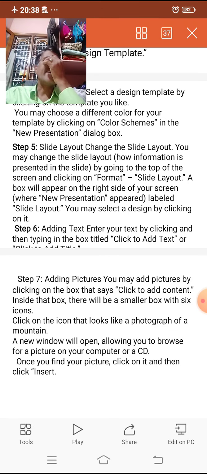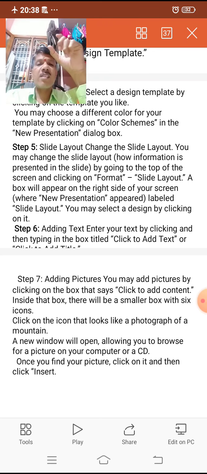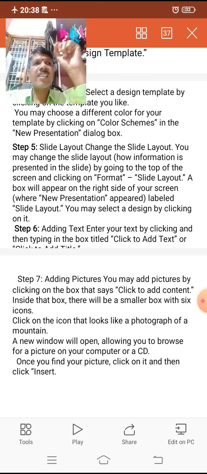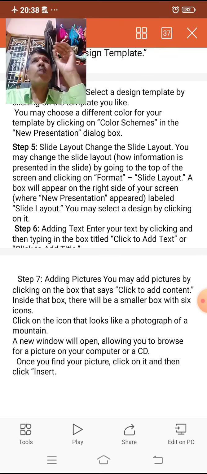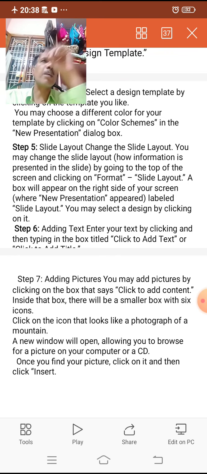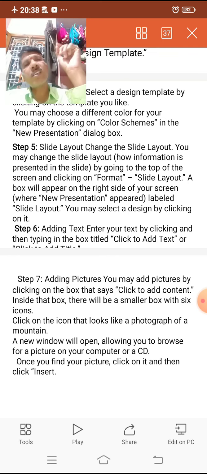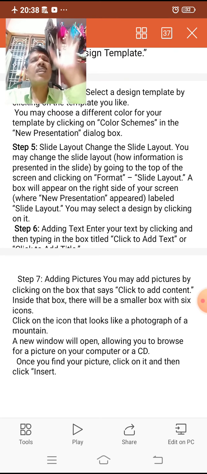Pictures can be added. In the middle, a box appears with 6 icons. In that, the user may click on pictures. It allows the user to browse files from various locations of the computer. A concerned location can be selected with that browsing, and from that location the particular picture can be selected and the insert button on the dialog box clicked.